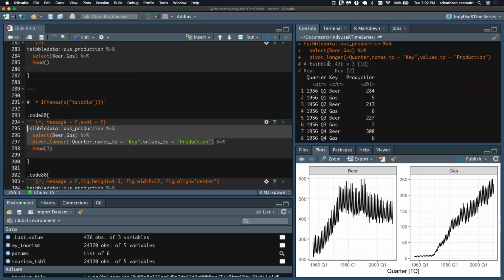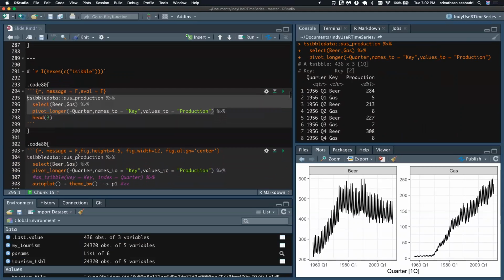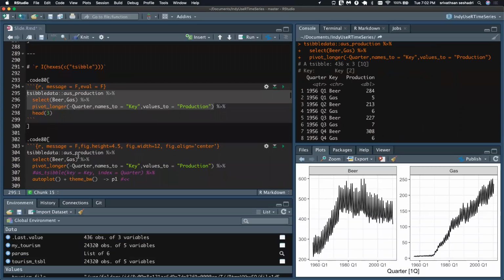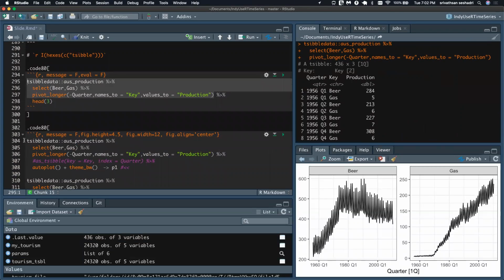When I did that, it still kept the tsibble format. See that? As long as I don't change the key, or as long as I don't change the index, it is going to keep it that way, right? Now you can plot, again, using the pivoted long form, then I've done an autoplot, right?